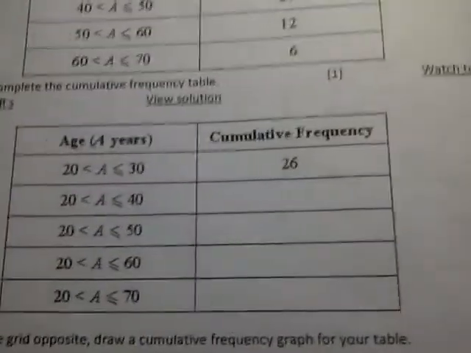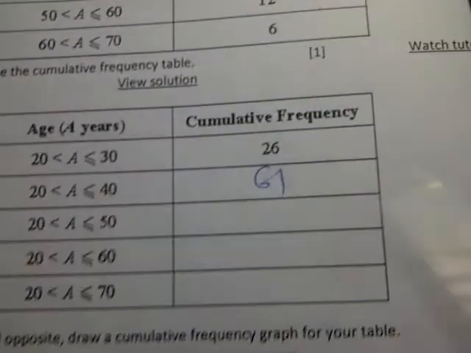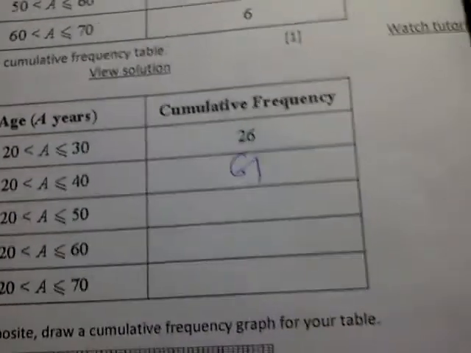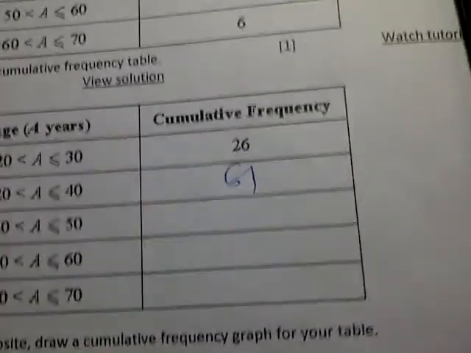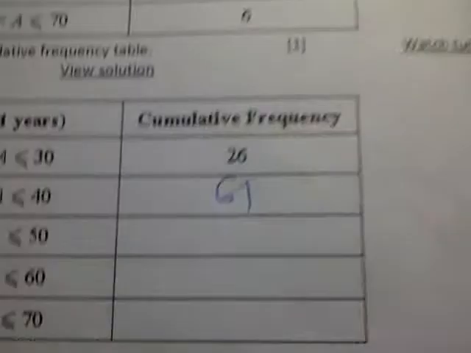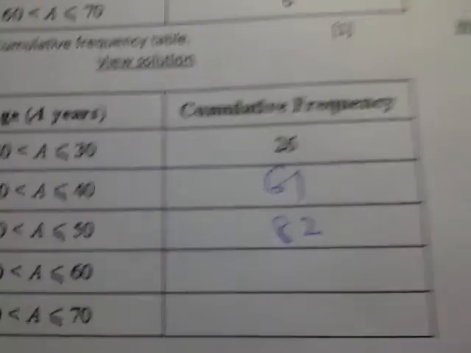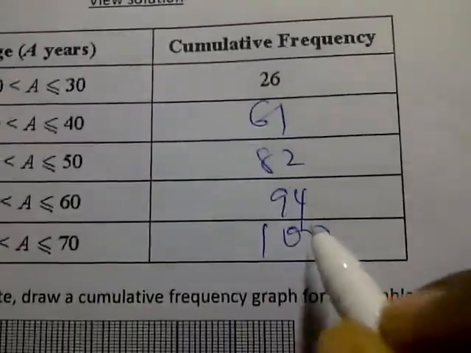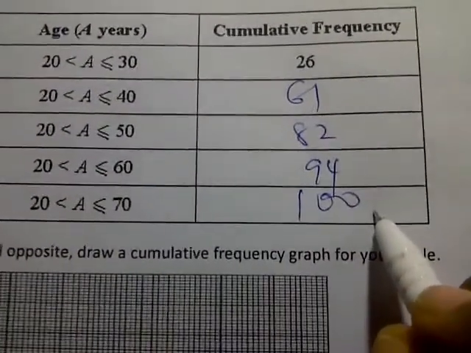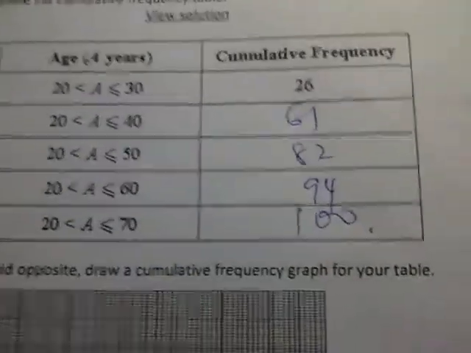For this cumulative frequency now, we'll have 26 plus 35, so we'll have 61 here, okay? Now for the next one, we'll add 61 plus 21, and that will give us 82. Then we'll have 82 plus 12, that will give us 94. 94 plus 6 is 100. Now since we have 100 here, we've been shown anyway that there are 100 teachers at Maria's school,